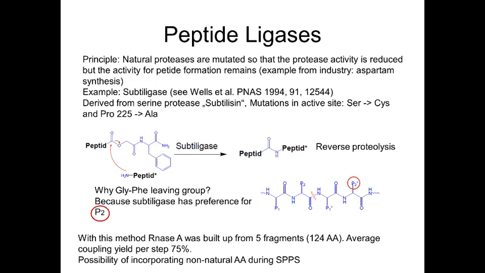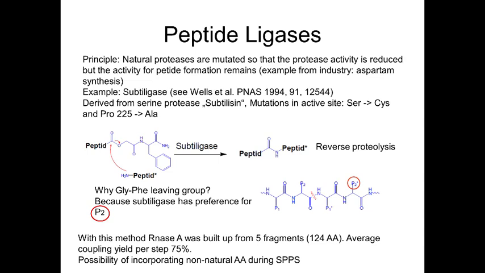So let's move now from the native chemical ligation method to the peptide ligases. Peptide ligases use a different principle than native chemical ligation. In this case, the protein scaffold of a protease is used to assemble two peptide fragments together. And the principle works like that: you take a protease scaffold, you mutate the